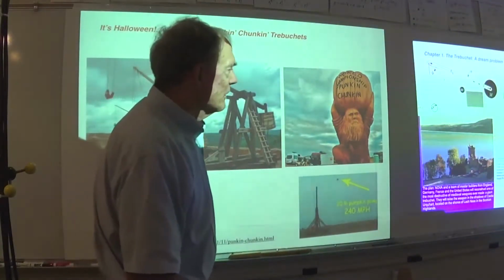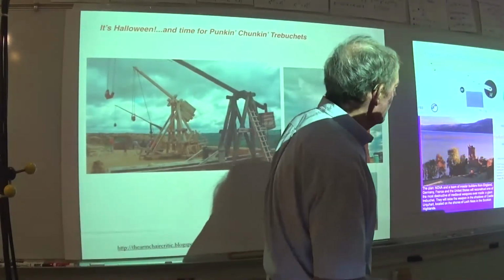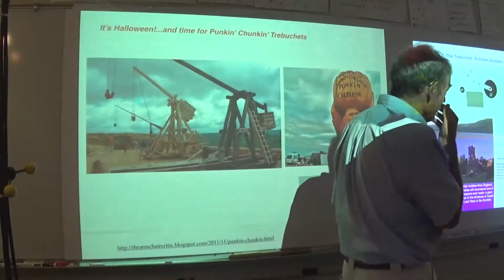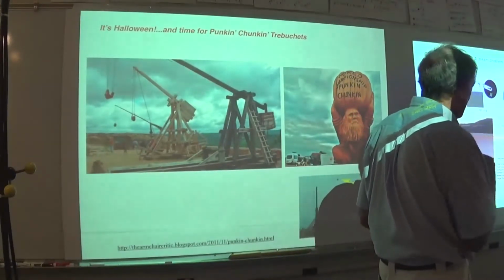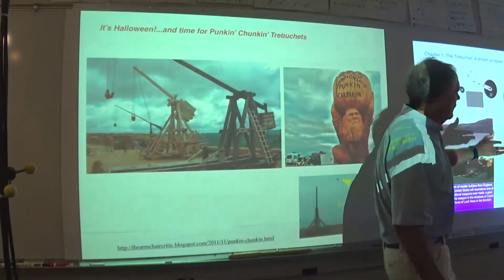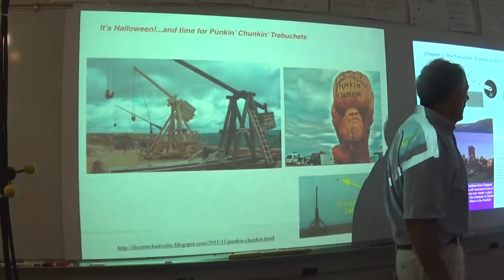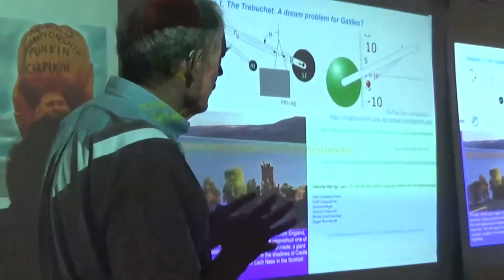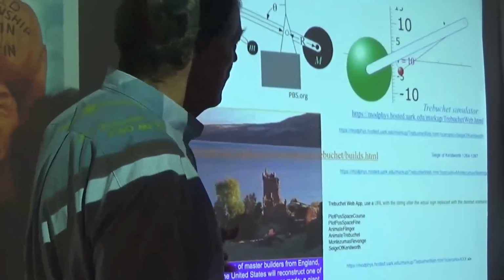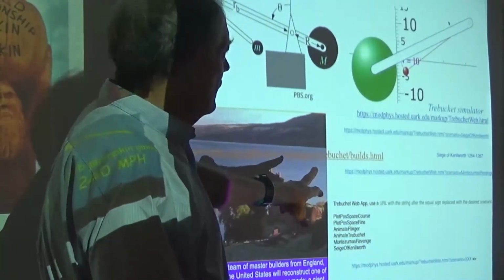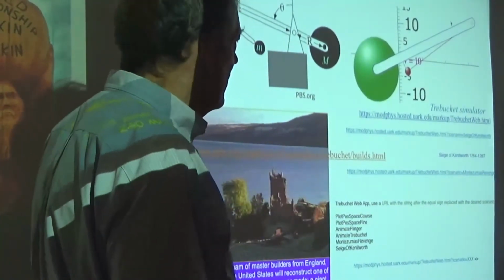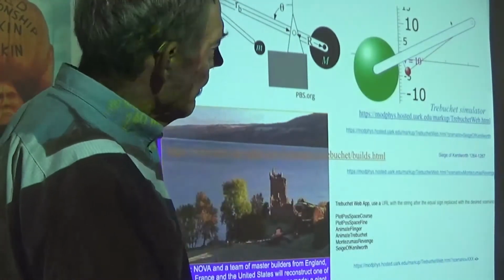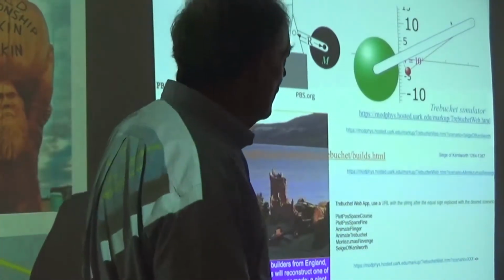Now, see if there's anything else that I need to mention right here. A little bit more of the history. We might as well show it right now. And that is after about, this is 1264 to 67, it was a very long siege of the castle of Kenilworth, not this castle, but another one somewhere else. And they finally got the thing to work well enough to knock down the wall and to take over